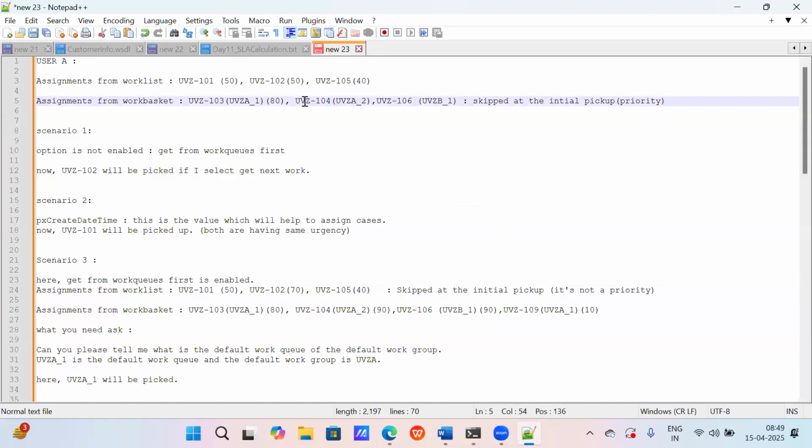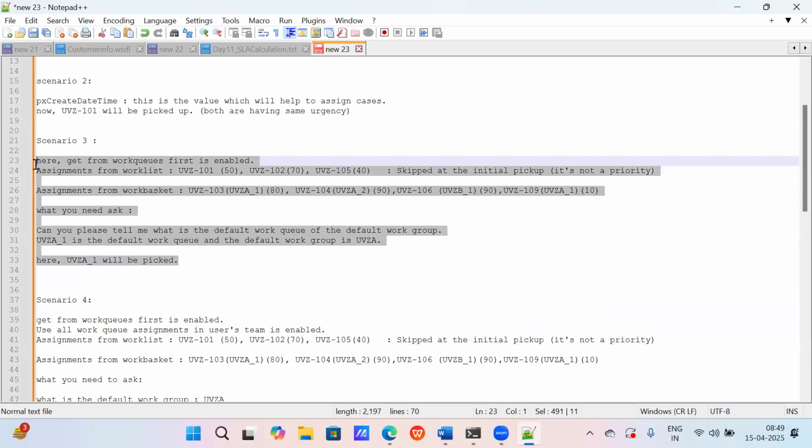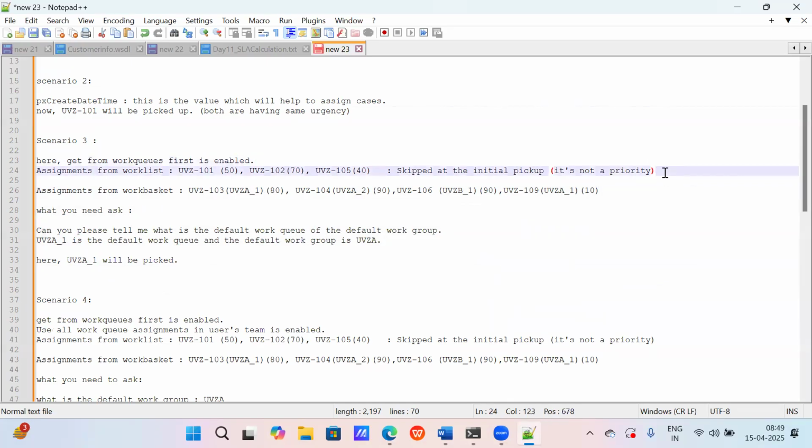As you have enabled that option, if you see, scenario 3 will remain same. This will be completed as it is. Assignment from work basket will be executed as it is. But before it executes these things, the way that we have skipped here,